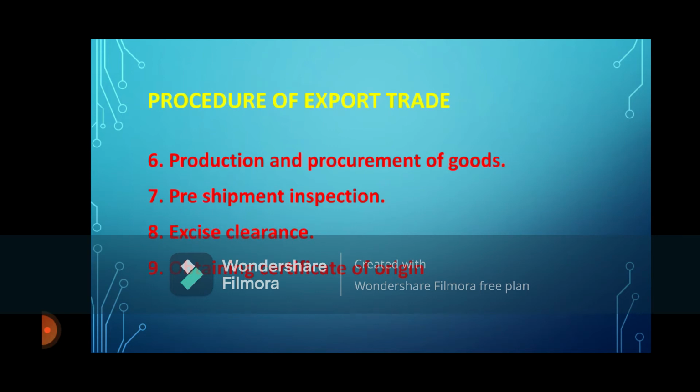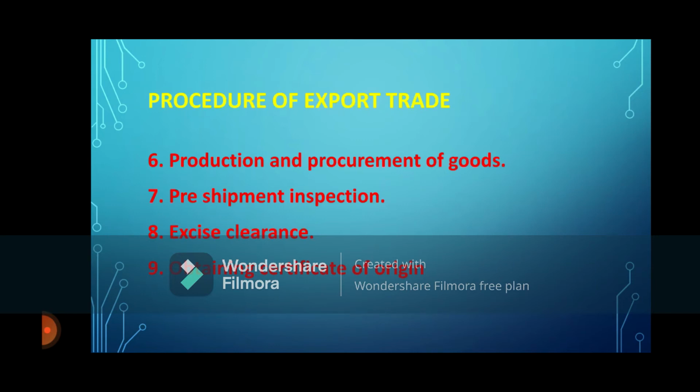Excise clearance means the exported goods are generally exempted from excise duty, and if duty is already paid, then it is refunded back to the exporter. To get exemption, the exporter applies to the excise commissioner along with a copy of the RCMC invoice. If the exporter has already paid excise duty, and he wants a refund, he applies to the assistant commissioner of excise.